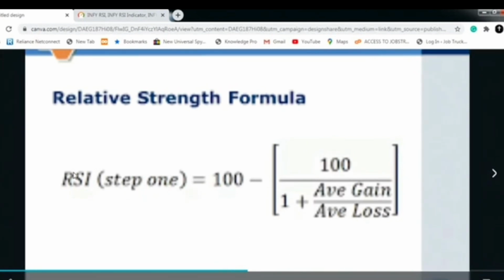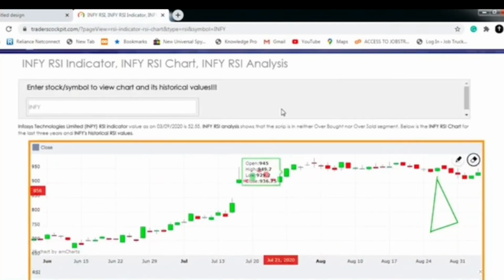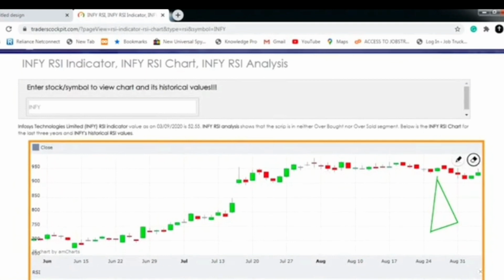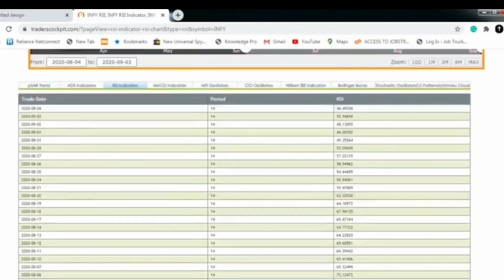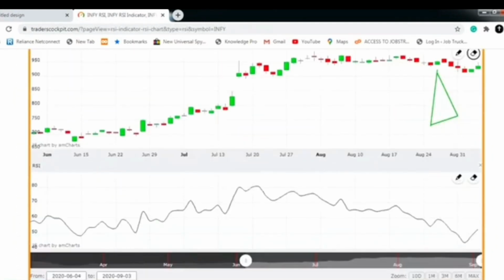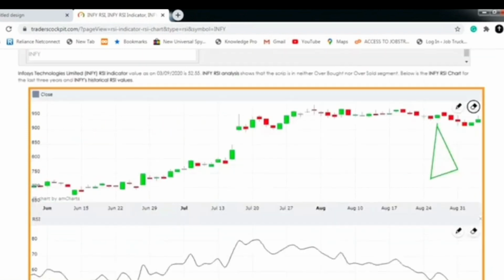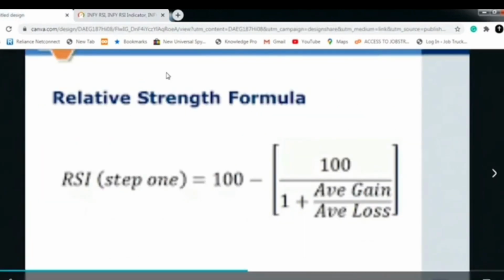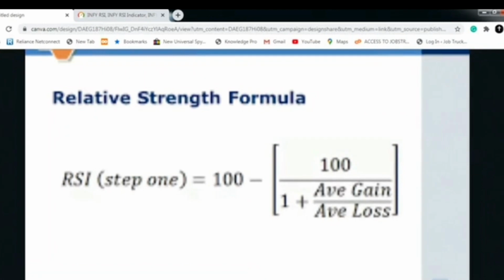It is not necessary that you need this formula for this particular thing. Nowadays all this is available through the Traders Corporate website. There is no need to learn the formula. In this new generation, everything is readily available. RSI, as I told in the earlier class, will be available as columns to you. Once you see the column, you should understand what the average loss and average gain are.